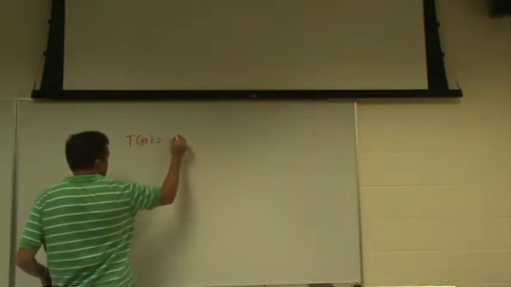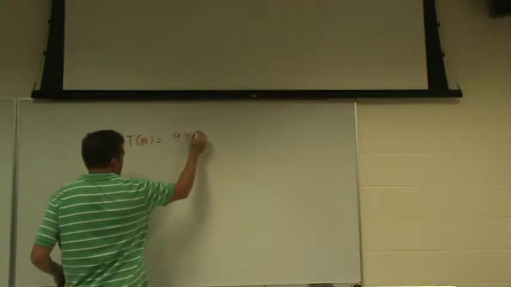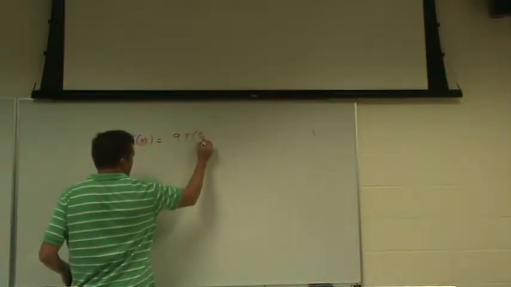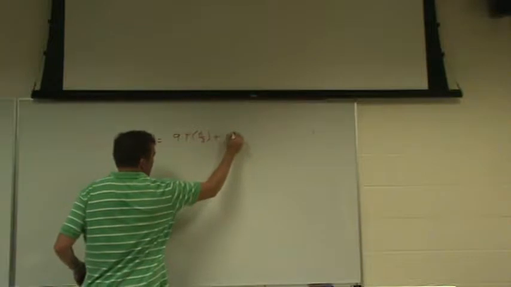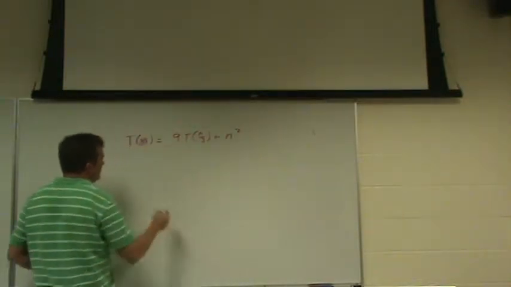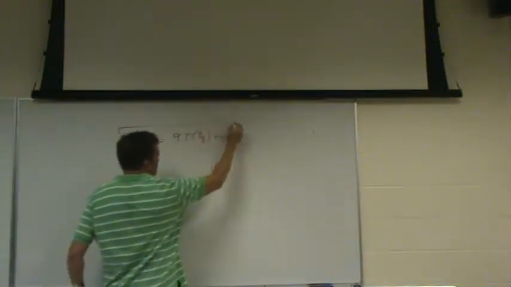If we had T of n equals 9 T of n over 3 plus n squared, if this was our recurrence equation,